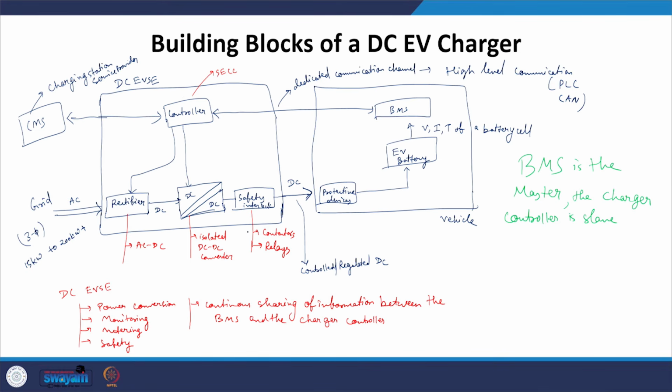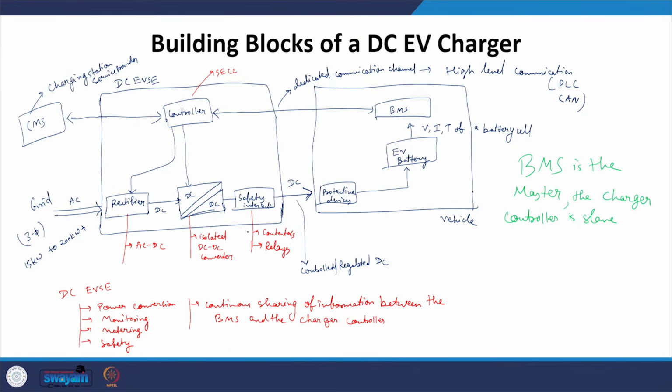So, this weight of the vehicle is something which has to be reduced as much as possible to increase its range, and that is why whenever one is going for high power charging, one needs to go to a DC charger, which is nothing but a DC EVSE, and there it can facilitate high power charging, which is used to charge the vehicle in a very small amount of time, maybe 15 minutes or 30 minutes.